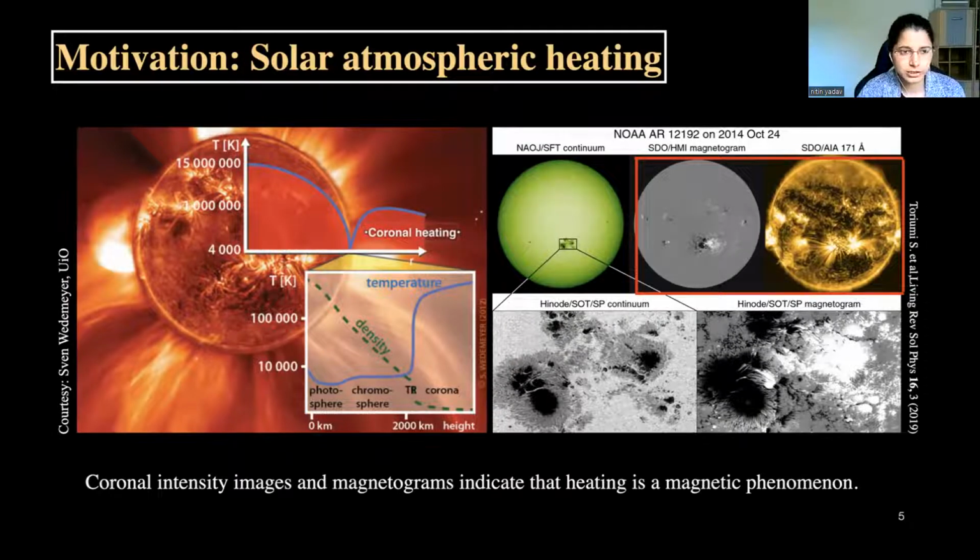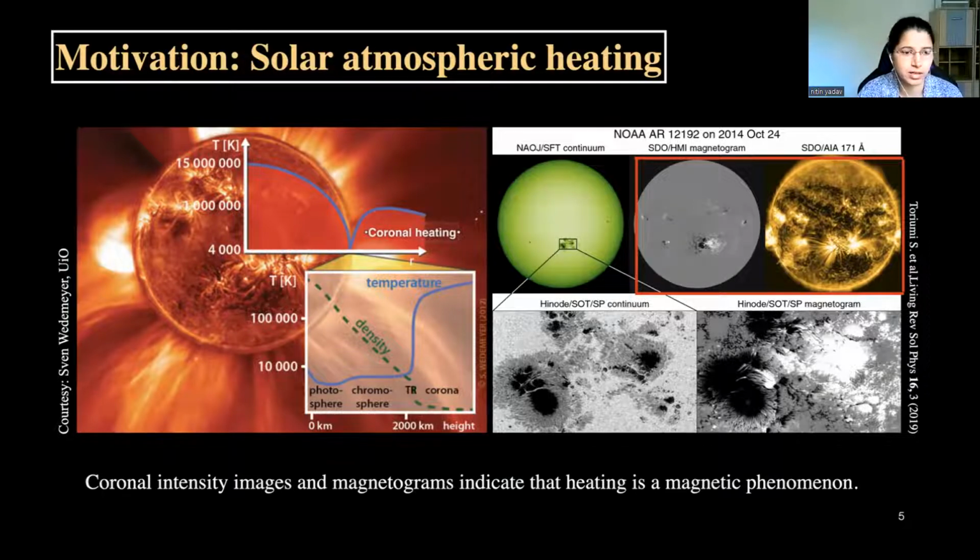By comparing these two, we can get clues that coronal heating is somehow linked with the magnetic fields. Or we can say that the structures that we see only in the hotter channels of AIA onboard SDO are linked with the strong magnetic regions on the solar surface. However, the exact mechanism by which the magnetic field facilitates the heating of the solar atmosphere is still an unsolved question